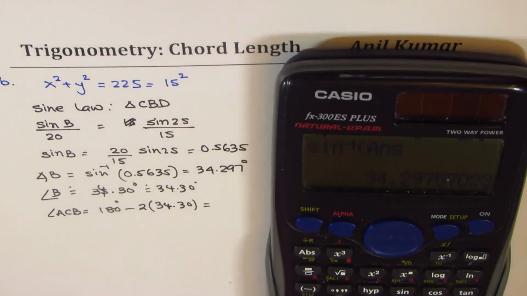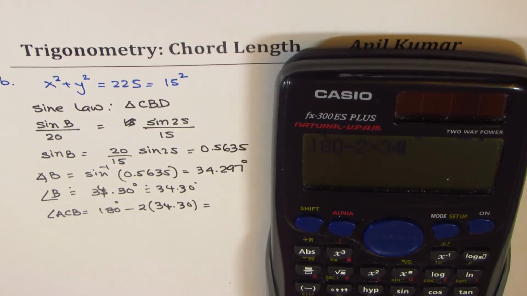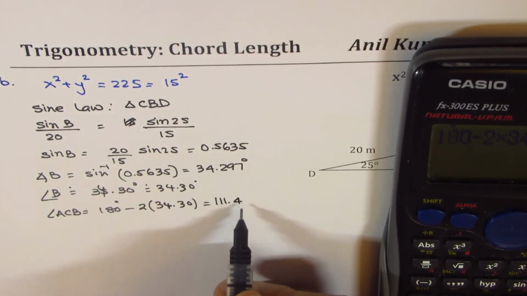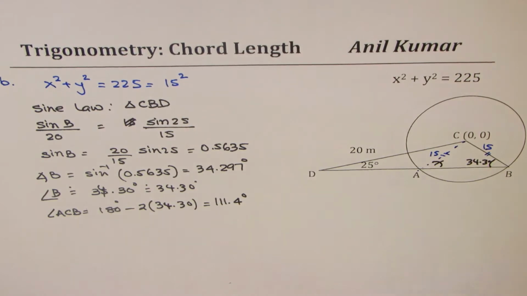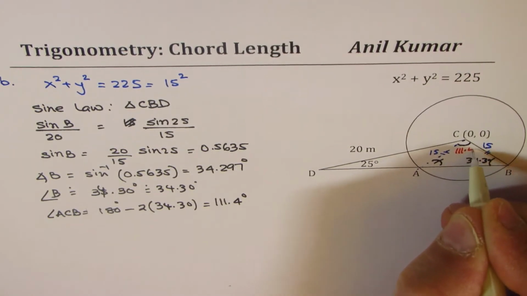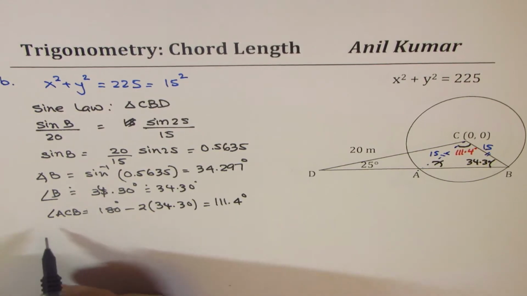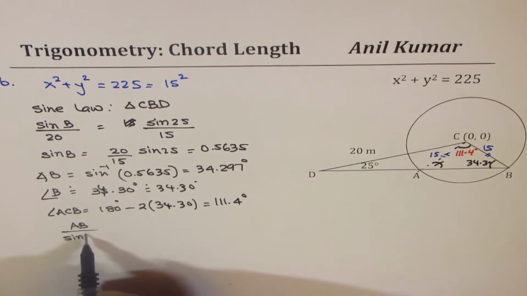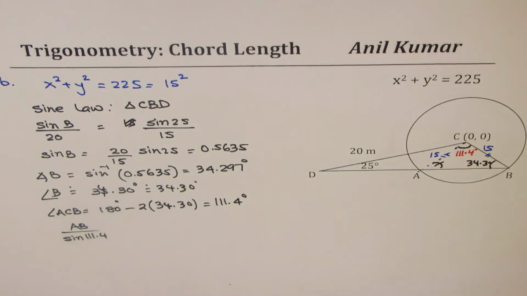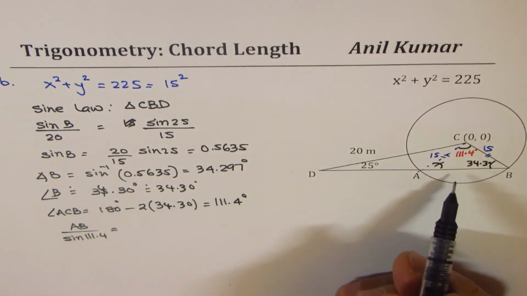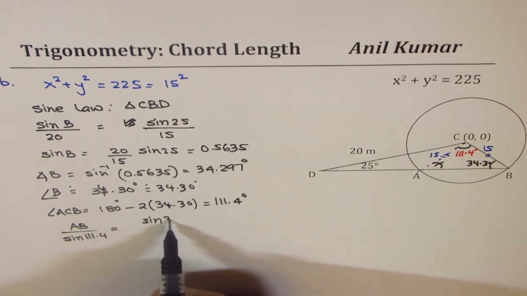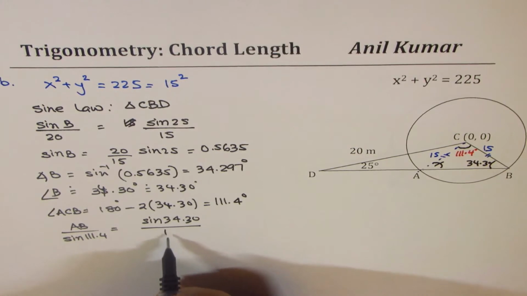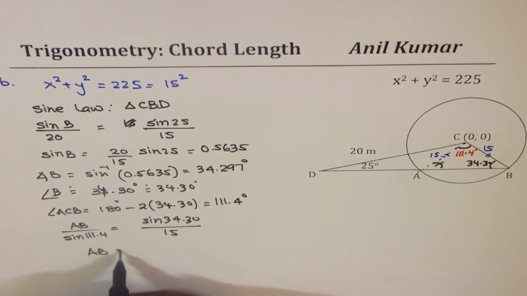Right, so let's calculate this. 180 minus 2 times 34.30 is equal to 111.4 degrees. So that is the angle at the vertex of this triangle. So this angle we just calculated as 111.4 degrees, correct? We can again apply the sine law and find what AB is. So AB over sine of the angle 111.4 equals sine of 34.30 divided by 15. So AB is now equal to,